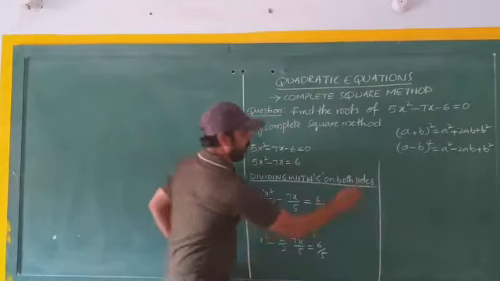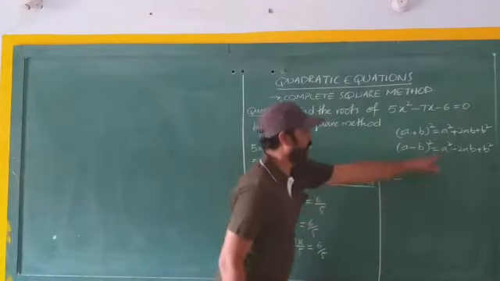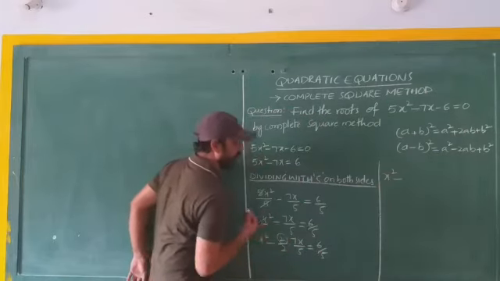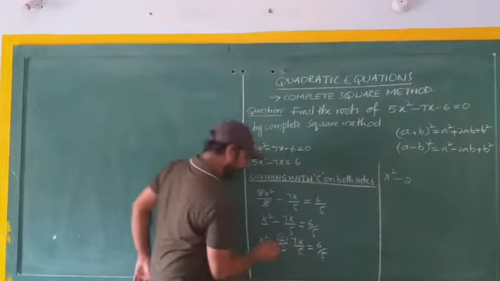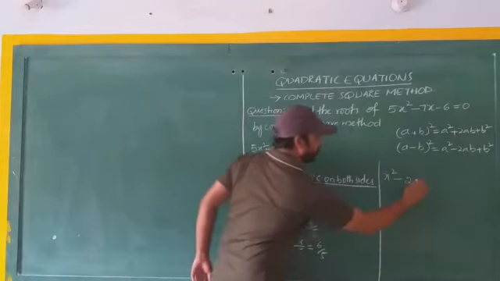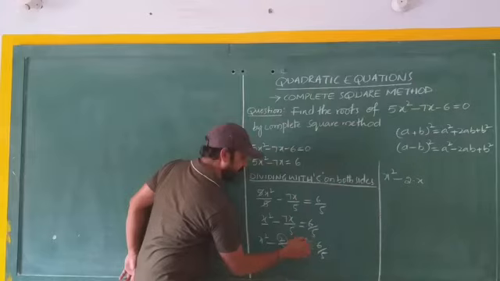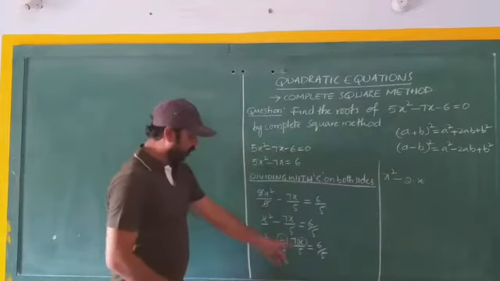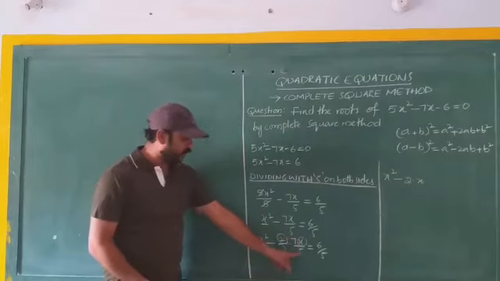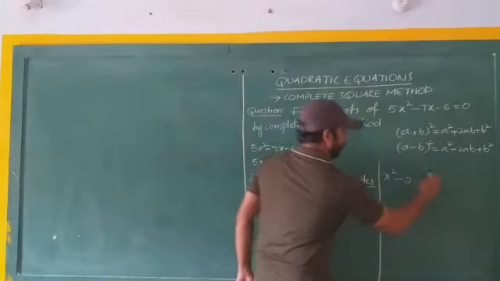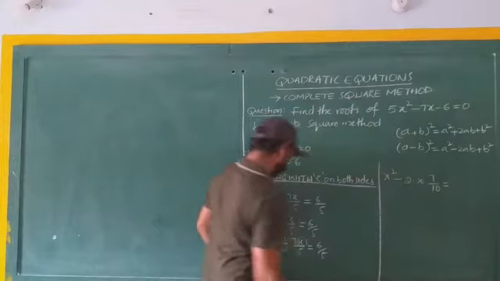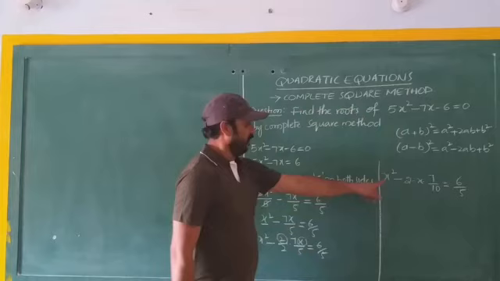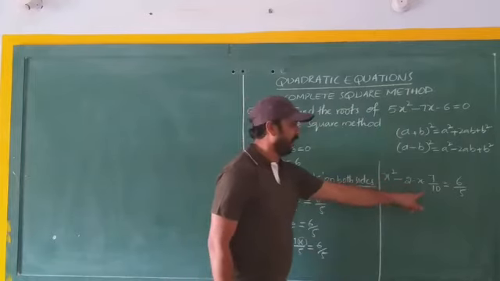Now x square is converted into the form of minus 2ab. The 2 is taken from the numerator 2, and we already know that the a value is x, and the remaining will be the b term. Now, what is left in the numerator? 7, and the denominator is 2 into 5, 10. So 7 by 10. The right hand side is 6 by 5. Now, x square minus 2ab.